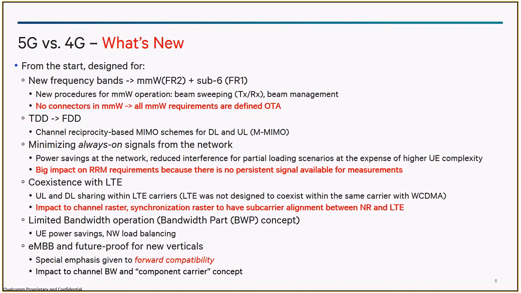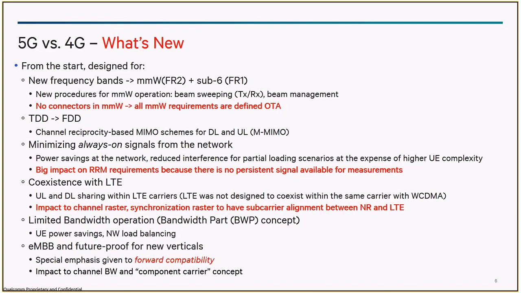This is something which is not yet clear, how it would pan out and get visualized in future, but probably a topic of interest in upcoming sessions. One question. The always-on signal minimization, doesn't that impact handovers? It impacts mobility to a great extent, and we can talk about it once we come to the physical layer aspects, or when we go into a more focused discussion from here, but this is just an introduction session.